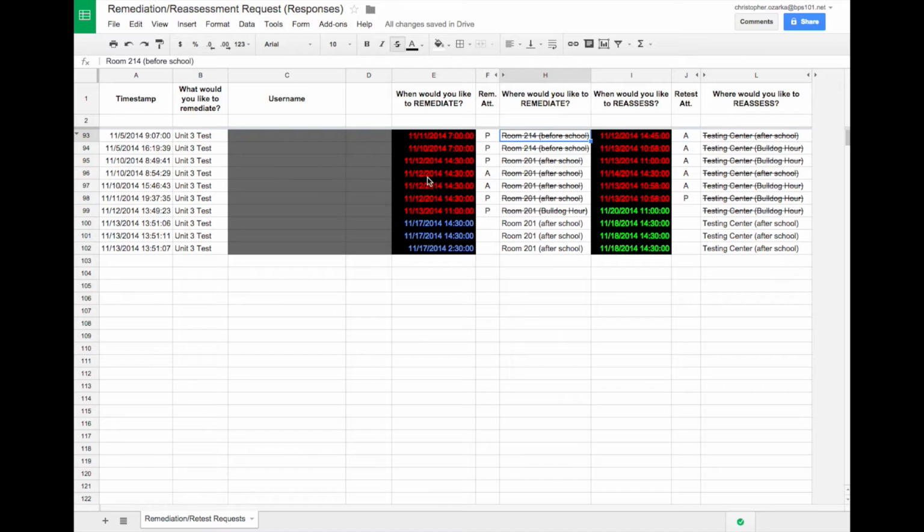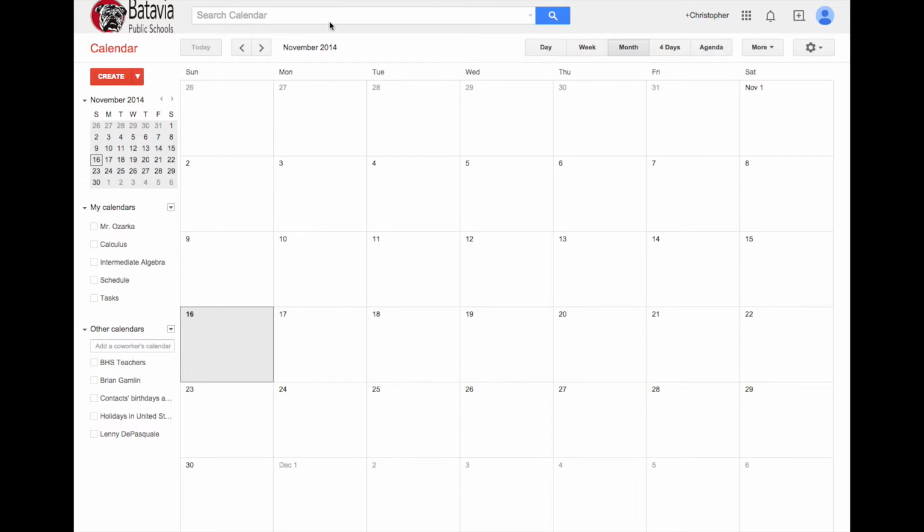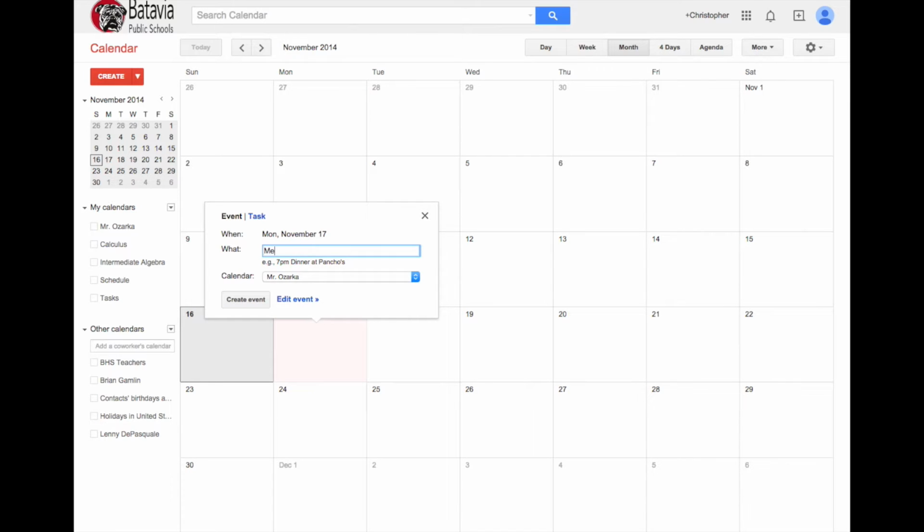From here, once I have the dates and times organized for me, I would write them into my calendar. So I'd go to my calendar, and if a student wants to meet with me on a certain day, I would add that to my calendar. I would say meeting. I usually just write it as a meeting, and then I would write the student's initials. So say their initials were the same as mine, and then whatever period. So say it was second period, and it just kind of tells me, okay, I have a meeting with Chris Ozarka from second period for remediation or for whatever the case is,